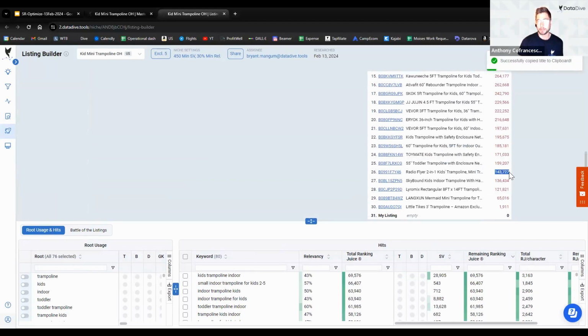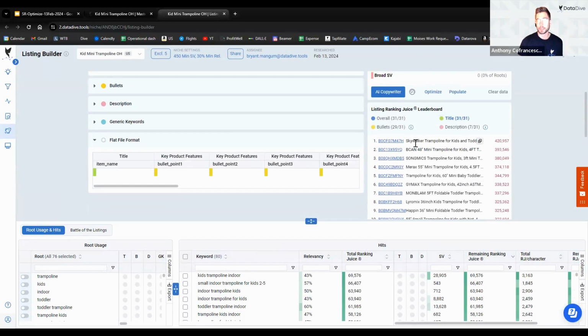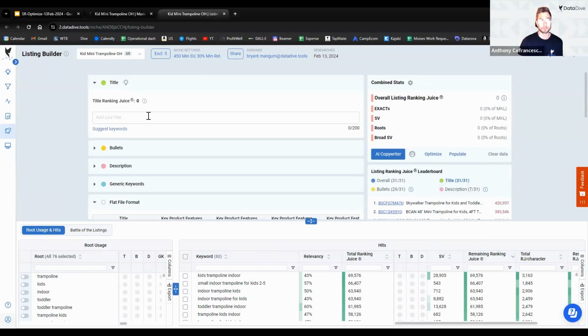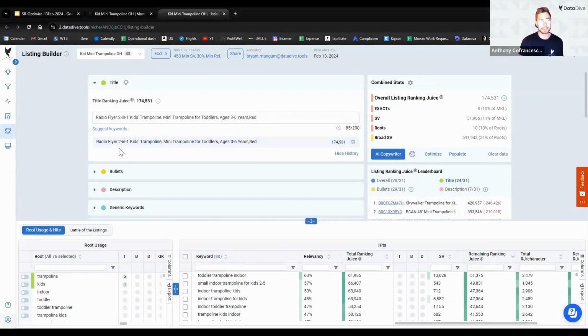And I can see that right now we're in position 26 out of 30, and we've got 143,000 ranking juice compared to the top competitor in this niche from a ranking juice perspective is at 420,000 ranking juice. So I'm going to paste our title in here,